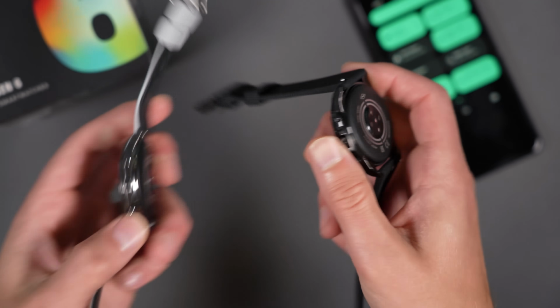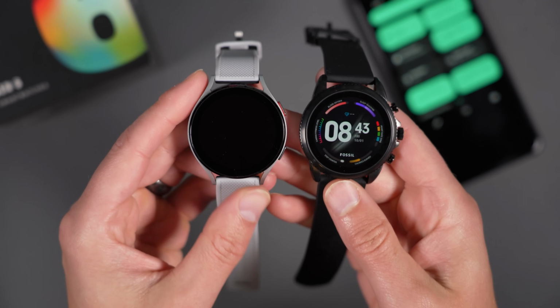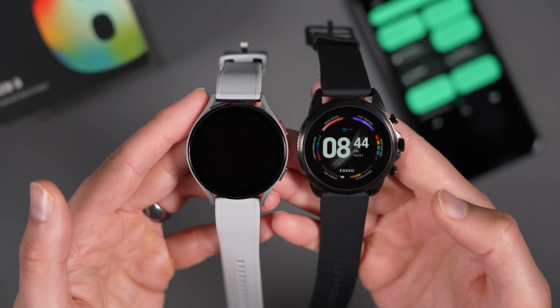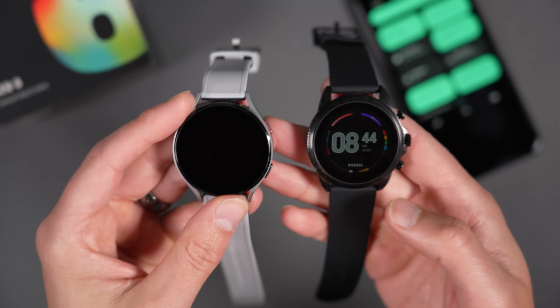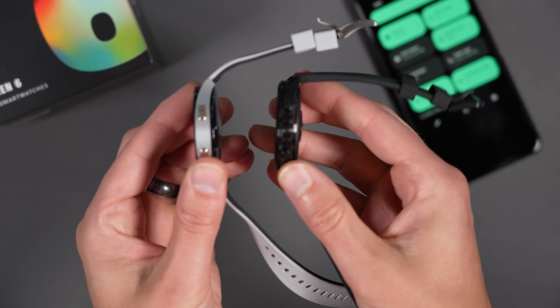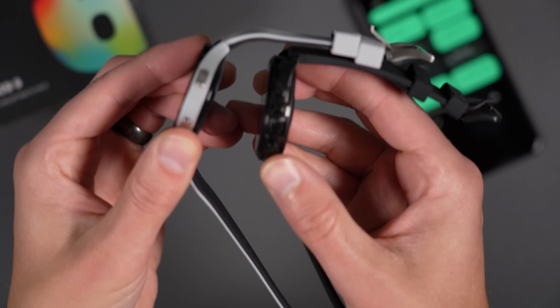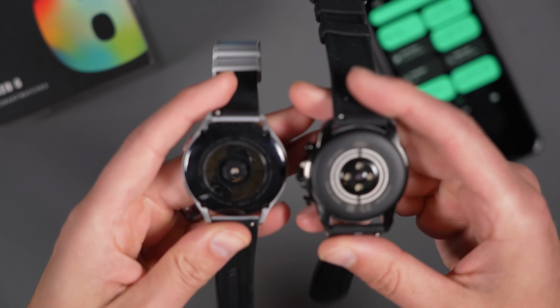But very similar designs. And then if you want to see this as well, this is the Galaxy Watch 4, the regular one. This is the 44 mil. So same exact size case. You can see it's just a very, very different look. It's a much lighter watch as well. This is sort of more of a sport watch, whereas this is a fashion timepiece. Similar specs. I would say Samsung probably has them upgraded over, in the tech department, fancier sensor, possibly that sort